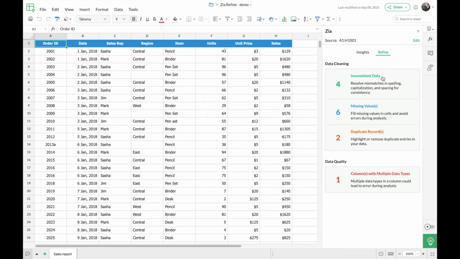So moving on to the suggestions for the chosen data set. First up, we have inconsistent data. Zia is showing that we have 4 inconsistent data in this particular data set. Inconsistent data can be with respect to spellings, or with respect to capitalizations or even spacing. This comparison will be made along with the other values that are present in the data and not with the dictionary. So in order to view all these inconsistent data and rectify them, you can simply click on this